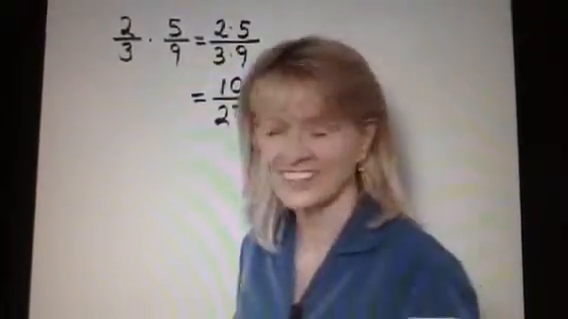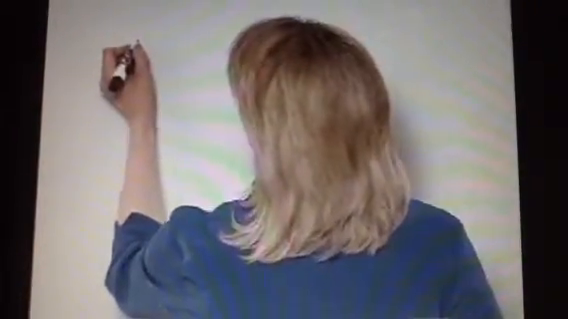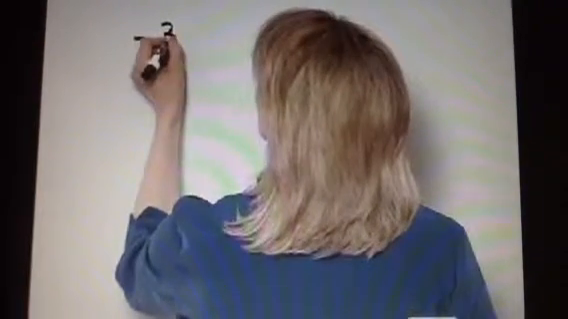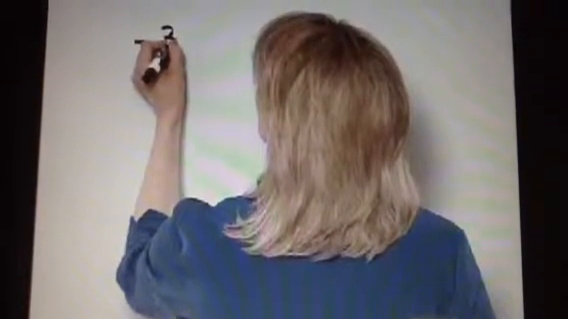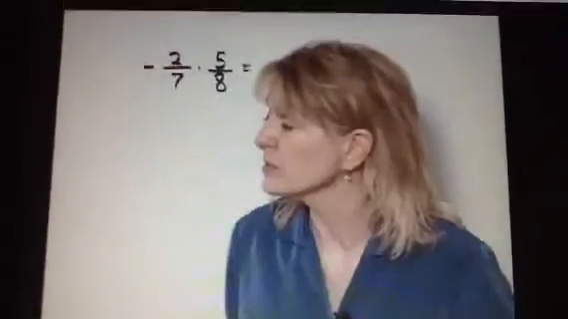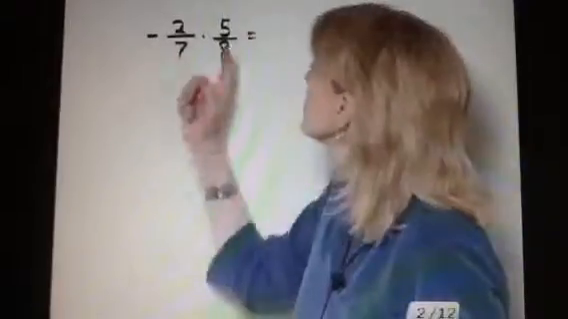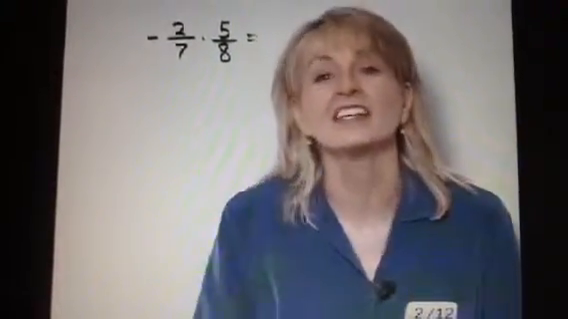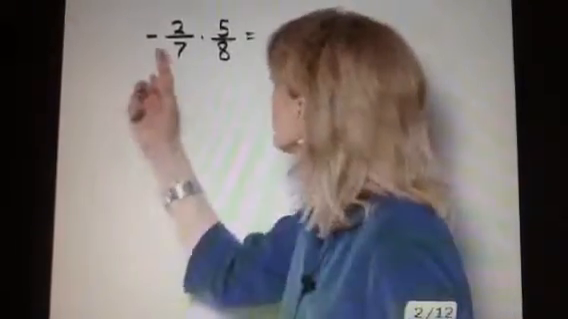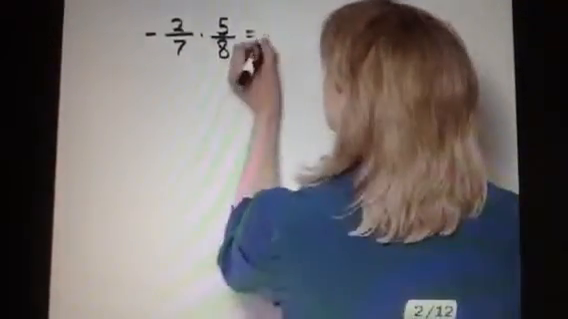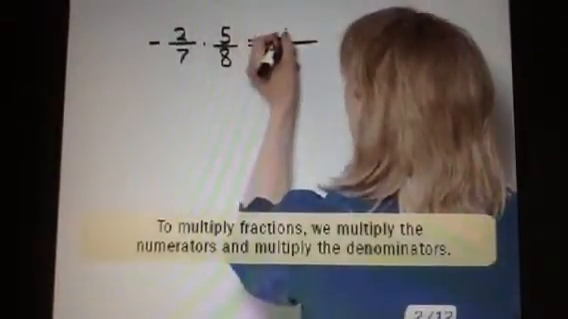Let's try that again. We are multiplying fractions. Let's suppose we have a negative fraction, negative 2 over 7, times a positive fraction, 5 over 8. A negative number times a positive number, whether it's a whole number or a fraction, is a negative number. So this negative times this positive gives a negative answer, and then it's just 2 times 5